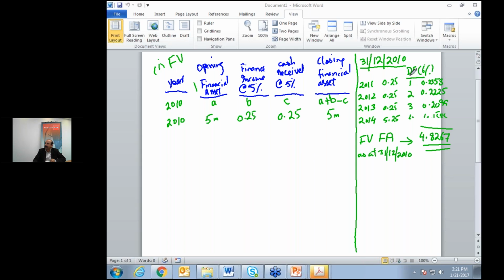And here, just because I do not have enough space, I have mentioned one discount factor for year 1, and we all know that this is 1 divided by 1.06 raised to power 1. And similarly, for year 2, 1 divided by 1.06 raised to power 2, and likewise for the third year and the fourth year. And this gives us the present value for each year, and when we added all the present values, this gives us the fair value of the financial asset as at 31st December 2012. Now, this amount will become the closing financial asset,